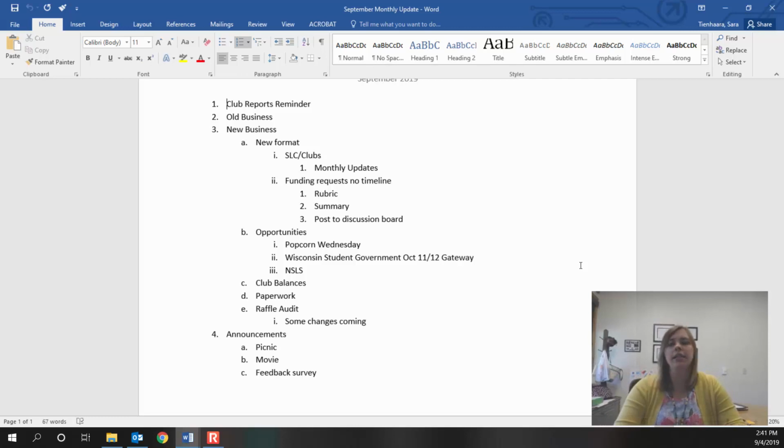Let's see, we also have Wisconsin Student Government coming up. This is an excellent opportunity for you if you're interested in student governance. There's about 6 meetings throughout the year, and this first meeting, the 11th and 12th at Gateway in Racine, is a little bit of a jog out there. It's about 4.5, 5 hours to get there, and it is a Friday and Saturday this time, which I know is tough for students. So we'll see what kind of interest level there is, but this is a great training opportunity, and you don't have to go to every one.